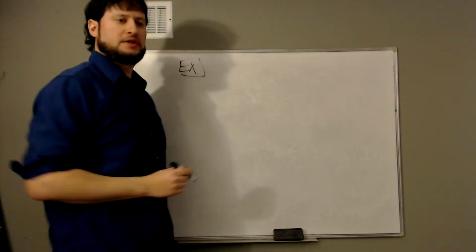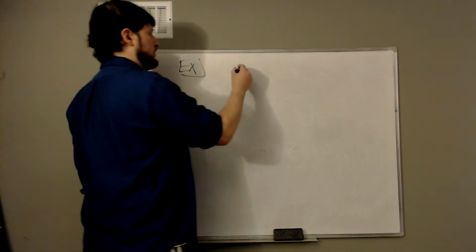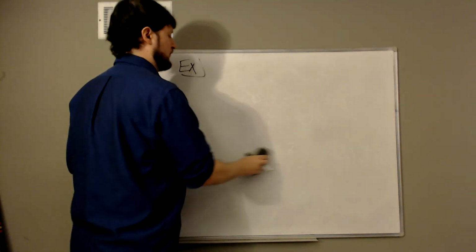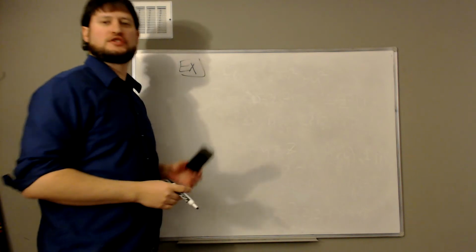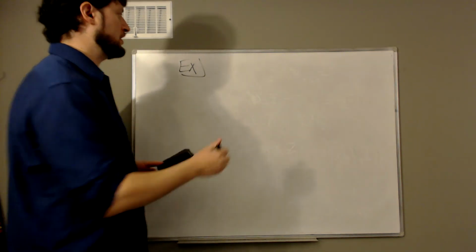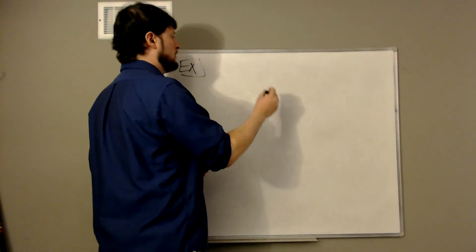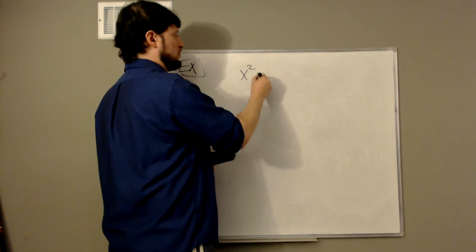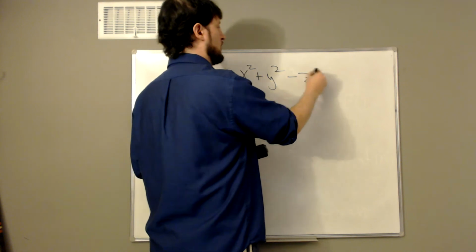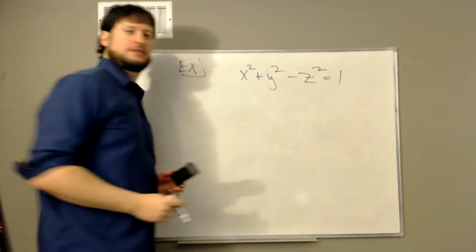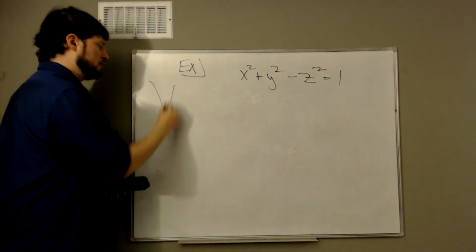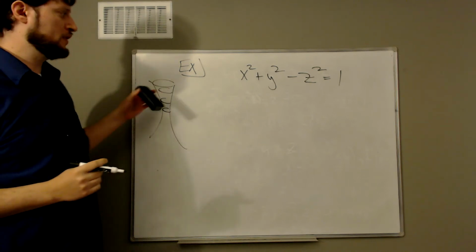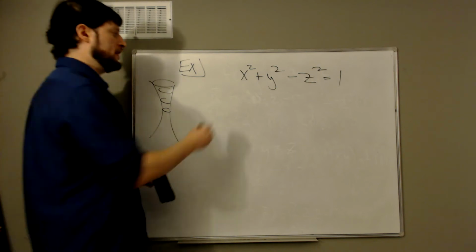All right, let's look at another example. Suppose that we had a surface. All right, so rather than just a function f at x, y, z, suppose that we actually had a surface. Let's look at maybe one of our hyperboloids. So how about x squared plus y squared minus z squared is equal to 1. This was, remember, our hyperboloid, something that does this sort of deal, moving up and down. Right, so let's find the tangent plane